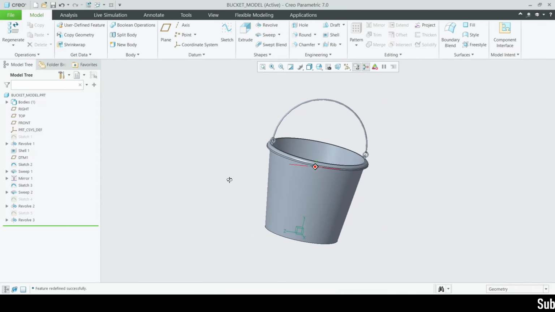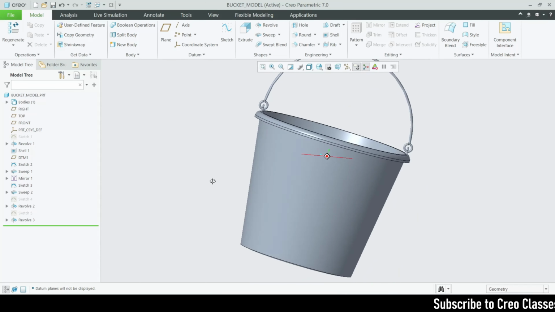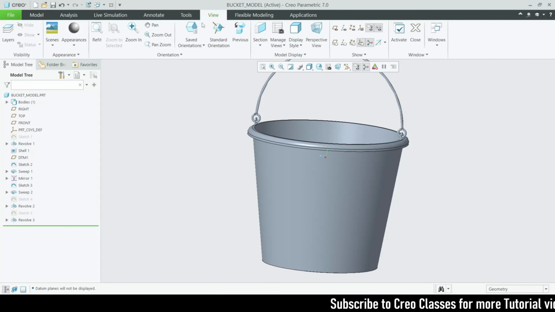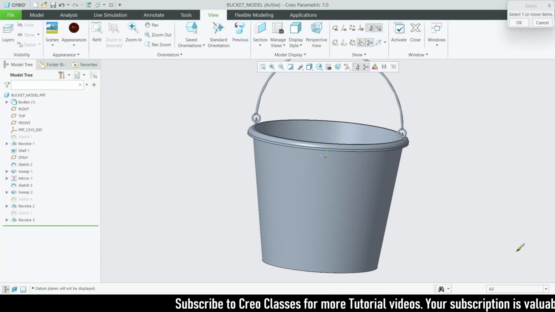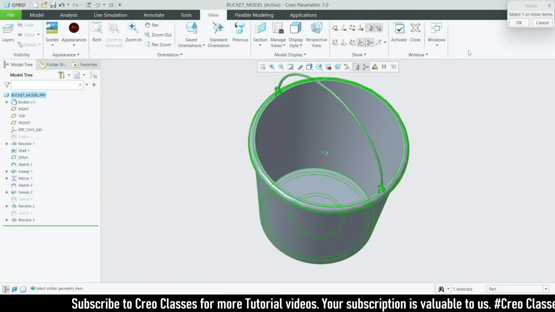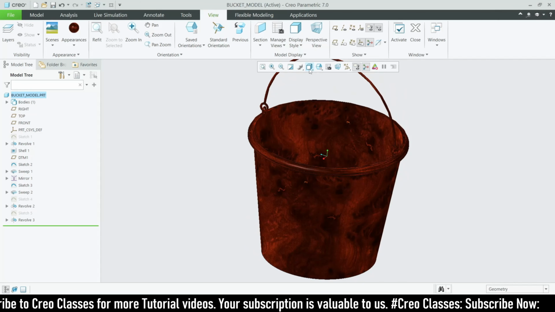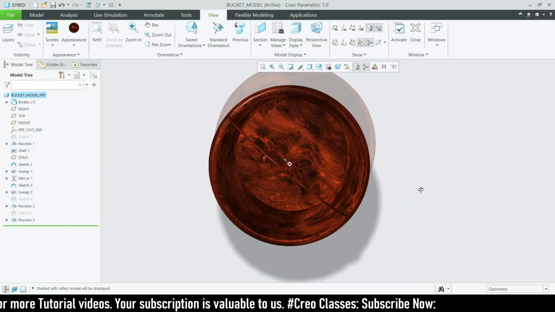Okay, so let's add some more appearances for this part. Let's go for the view. I'm going to give some different color for this part. Okay, let's give this golden color for the entire part, then click on OK here. Go for the shading with reflections. Okay,